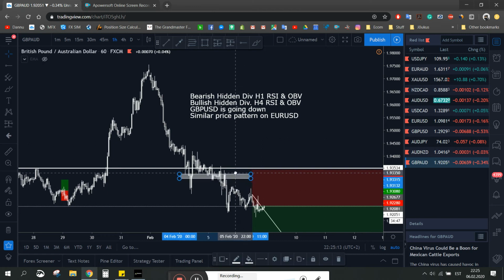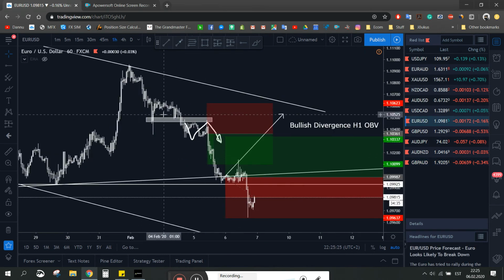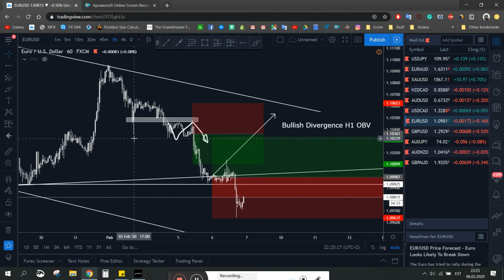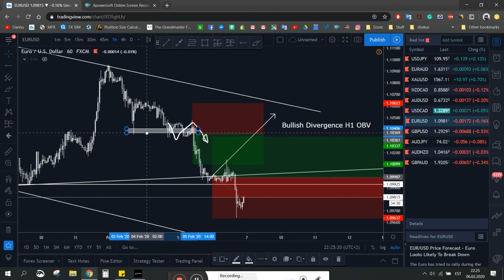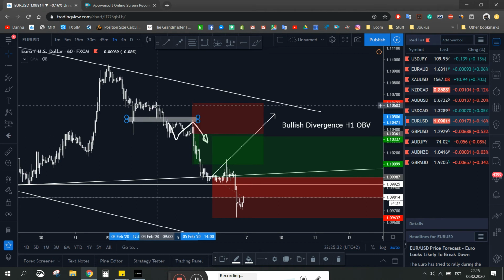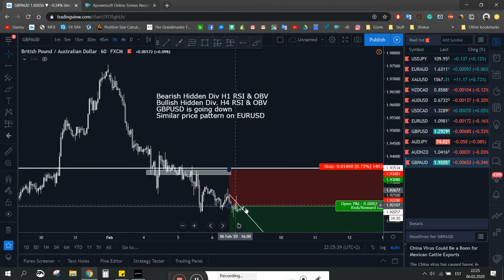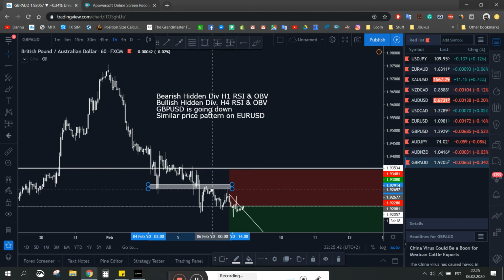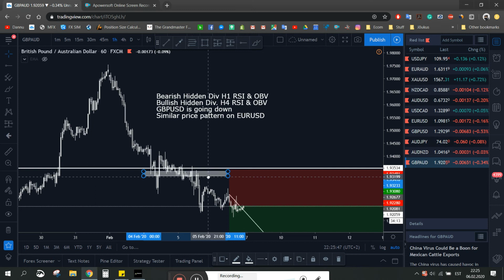Let me put this over here, or over here somewhere. There's a big wick, then price ranging at a support level, and then breaking and retesting, you know. Kind of like the stuff that happened here. Big wick, price consolidated, then broke, retested, then went down. So it hasn't gone down quite that hard yet, but I forgot where this was. Here, whatever.